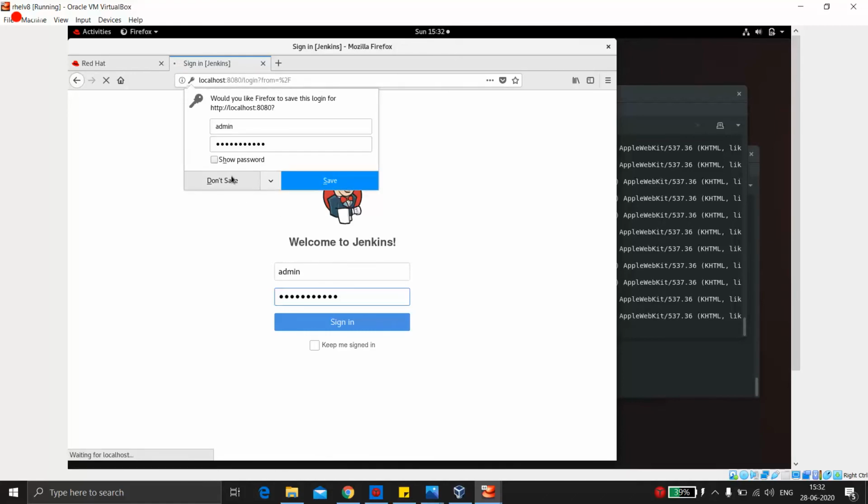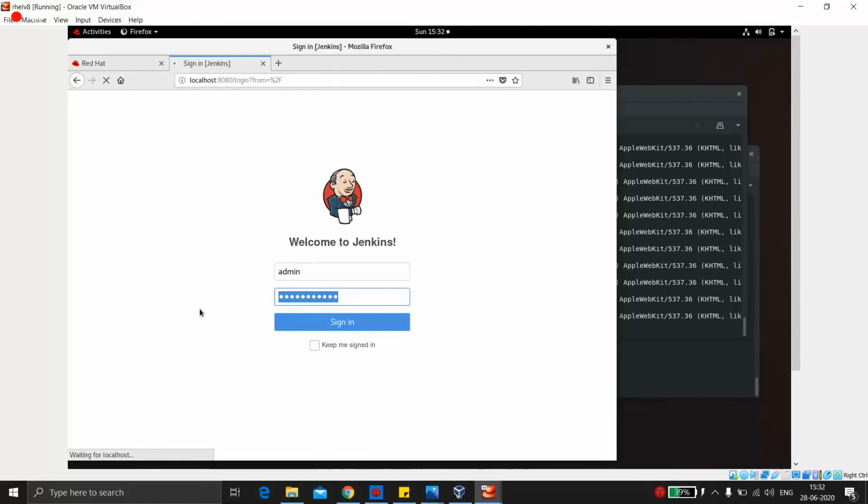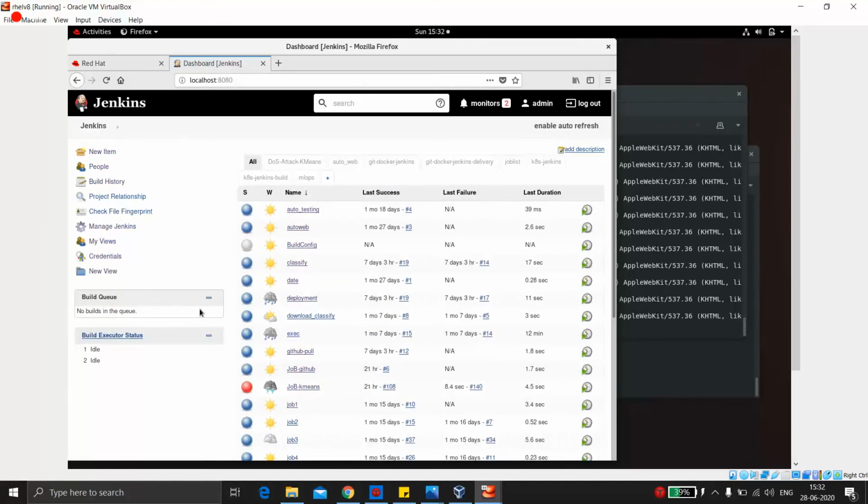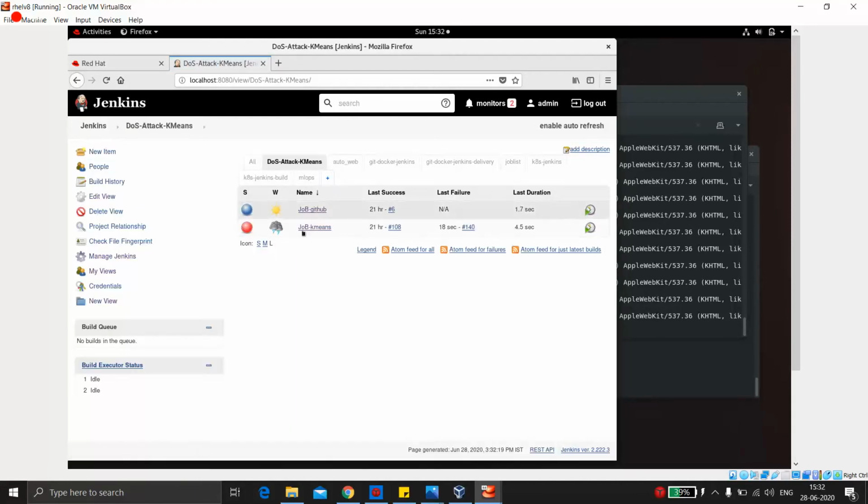And now I'll show you the jobs, how to configure it, and what's the main crux behind this setup that would run for a lifetime. Like, I've told you, you have to make this setup only once. So I've already made these jobs. Now you can see here it is red because it's failing. Why is it failing? Because I've removed all the setup before this video to show you things.